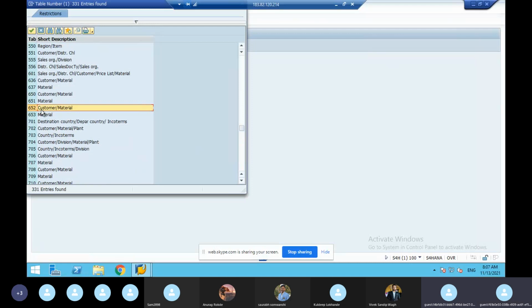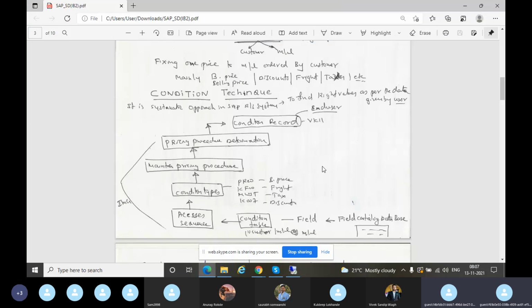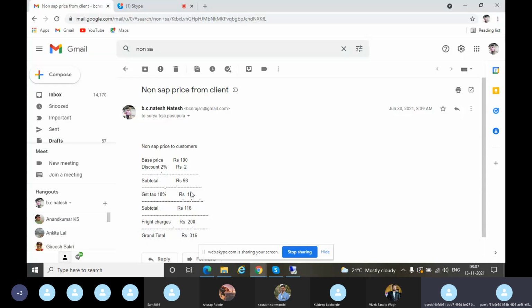652 is customer and material. Why? Base price. One invoice means what? Just now I showed you, here what they told. They want like this: your base price is 100 rupees for what? For the customer and the material. That is why base price is for the customer and material.